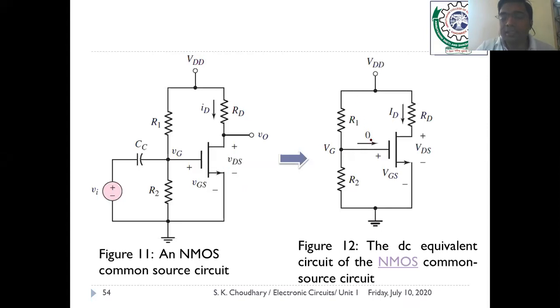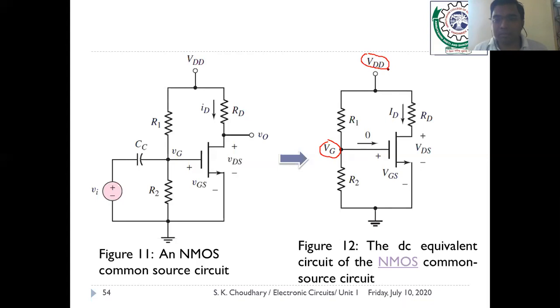Now see here at the analysis part. These two resistors R1 and R2 are parallel as per this configuration. The node voltage here is connected to the gate, so it is called VG. The supply voltage is VDD. This is a DC voltage. The VDD supply voltage is always DC. We never use an AC voltage as a supply, and the supply voltage is required for biasing the transistor in the desired region of operation.